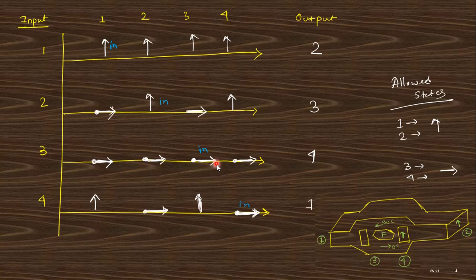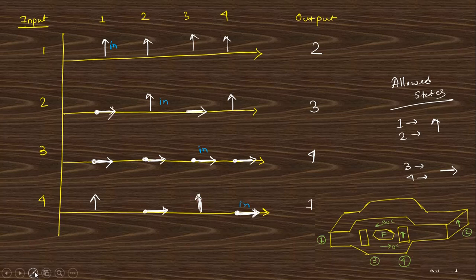If you put the input in 3 in the allowed state, because for port 3 this is the allowed state, port 1 is the same thing, port 4 will be the same thing, because left to right there is no phase change. But now for 3 this is allowed, for 1 and 2 this is not allowed, for 4 this is allowed, so the output comes to port 4. Now if you input from port 1 in that direction, 2 will be the same, and in that direction there is a 90-degree rotation.